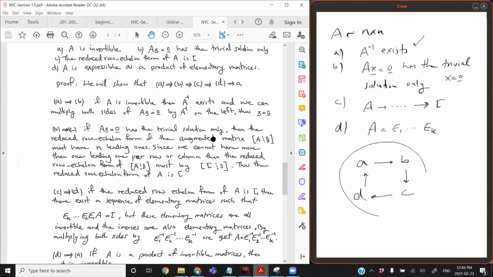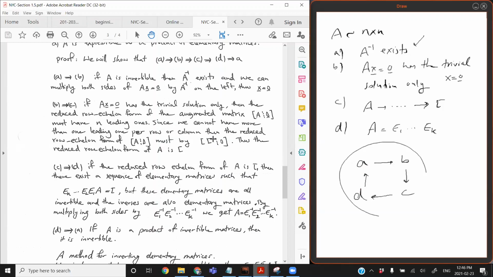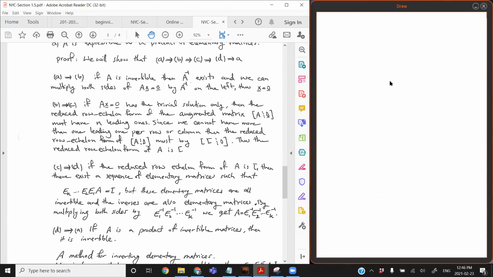Okay, let's look at the proof. From A to B, we want to prove that if A inverse exists, then this system has the trivial solution only. It's very easy because if A inverse exists, we take that to be the assumption. So let's say A inverse exists. Then